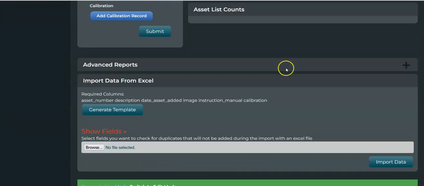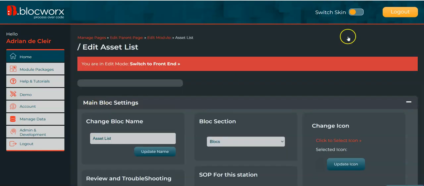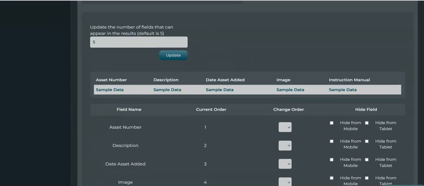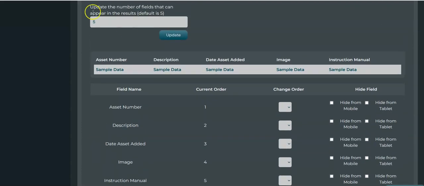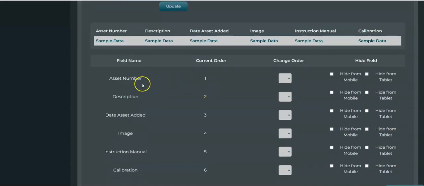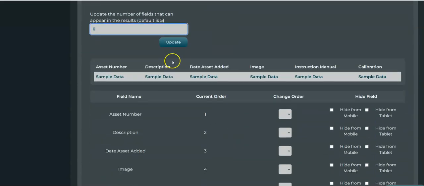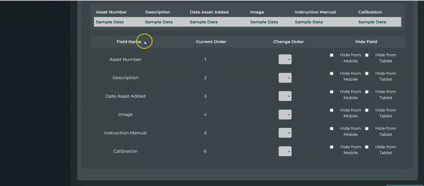Finally, I'm just going to do one more thing. I'm going to go into manage data, our data display settings, as we showed in one of the videos previously, just to show all our columns. Asset number, description, date, asset add, image, instruction manual, calibration. Press update here. What I'm doing here is saying we want 6 columns to appear because the default is actually 5, but we had 6 fields. So